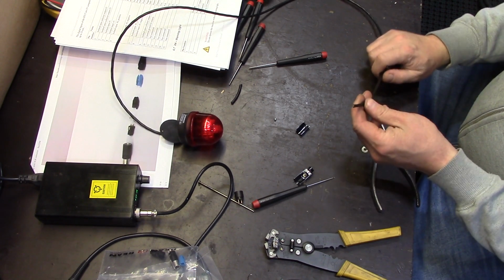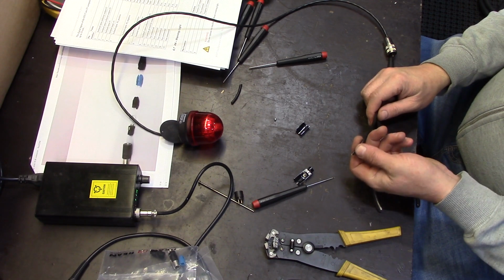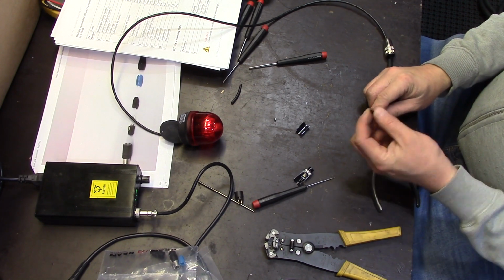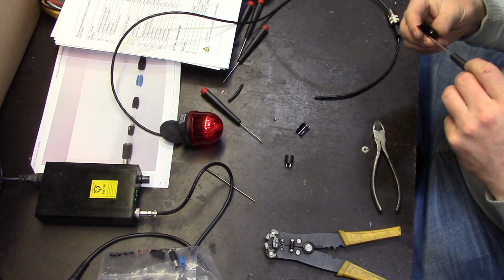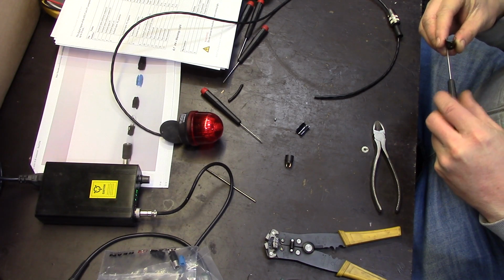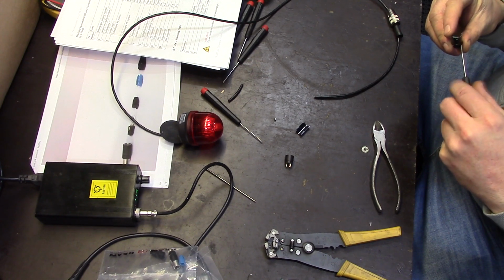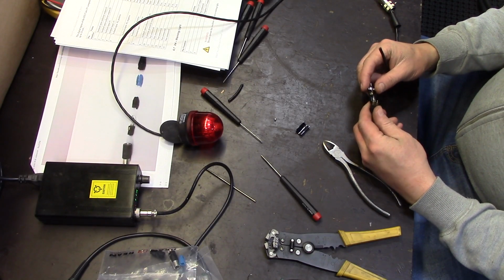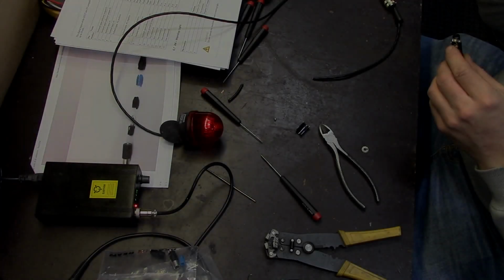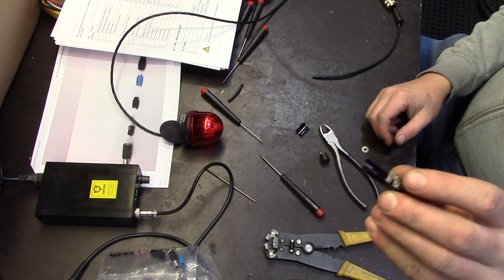I always prefer to do this before stripping the wire because it's a heck of a lot easier to thread all the parts on when this is just one solid piece. The strain relief. Let's see, how much wire do I need? It would be nice if the strain relief itself